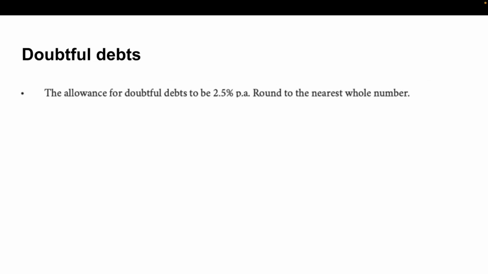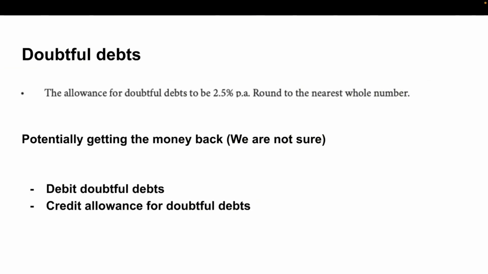And then doubtful debts is when it gets a bit confusing. So we're potentially getting the money back. We're not 100% sure. So the way that doubtful debts is calculated is it is a percentage of accounts receivable. So there's already going to be an account for doubtful debts in the